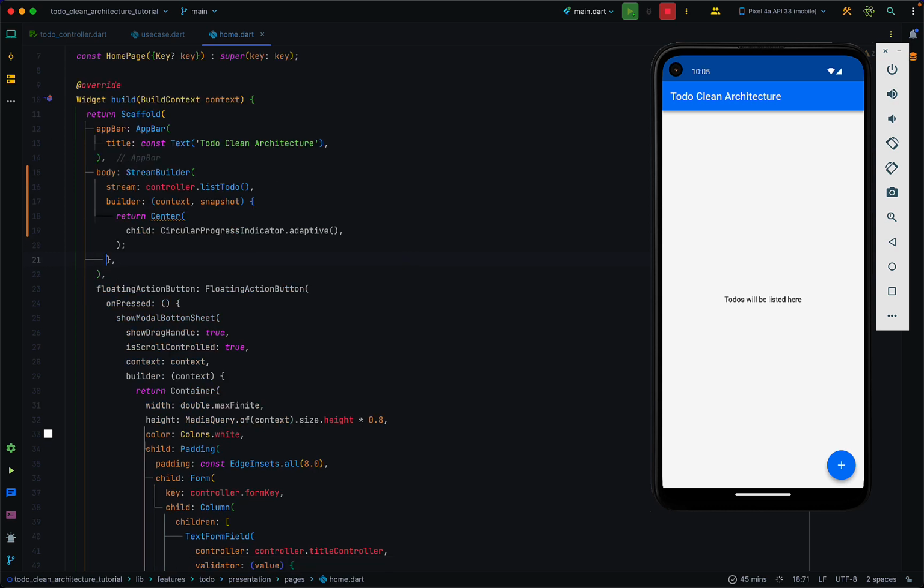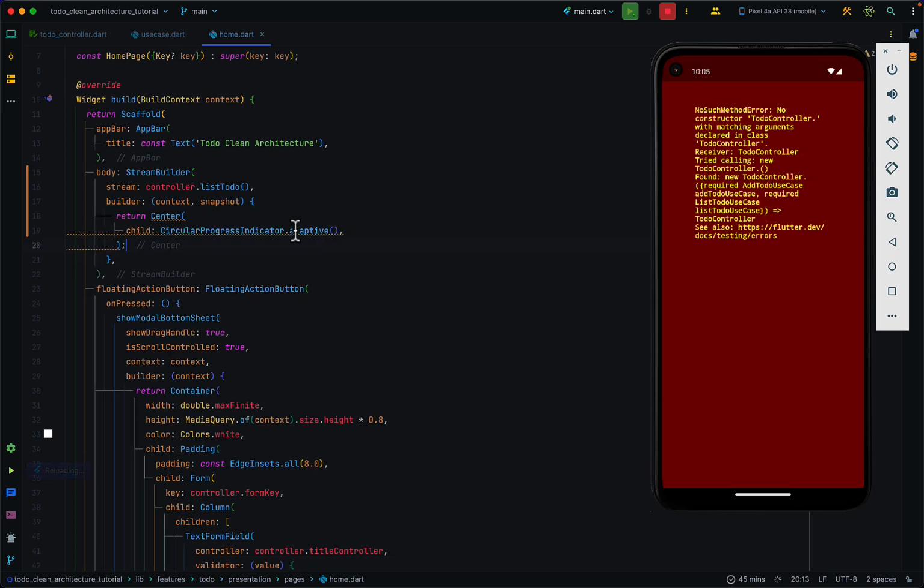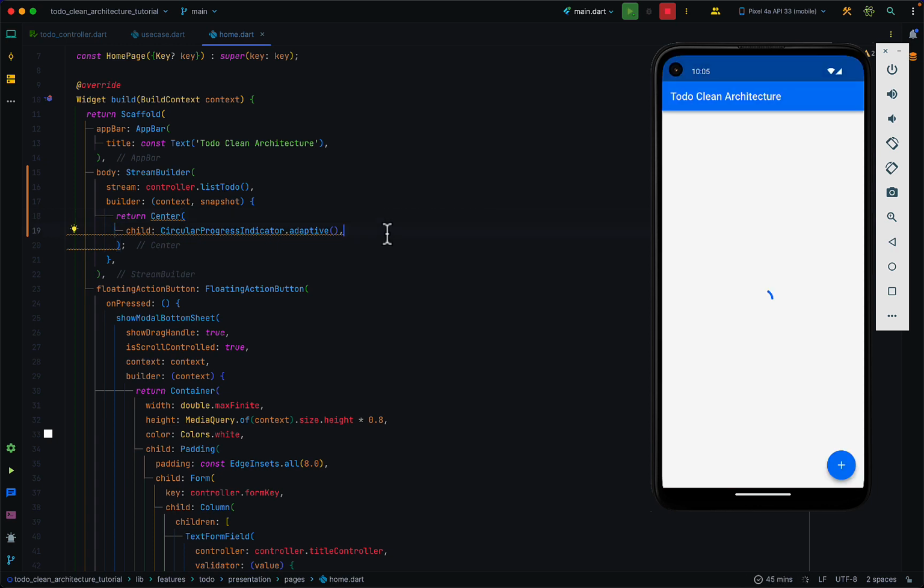loading, right? So when I save, we are getting an error because our to do doesn't have the list to do use case. What we have to do is to just hot restart, and that should fix it. Right, so we now have our circular progress indicator, and